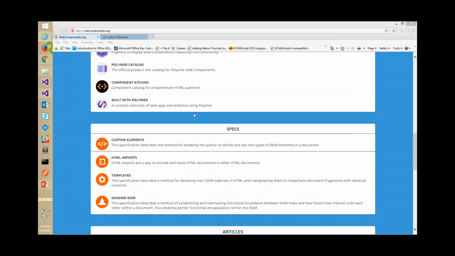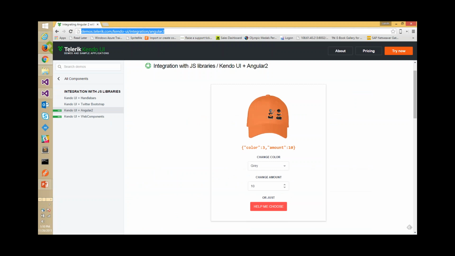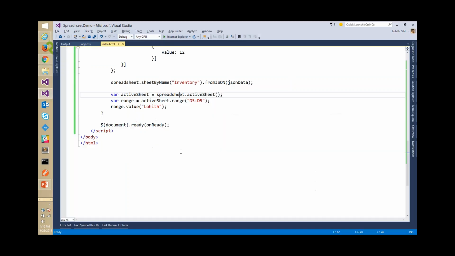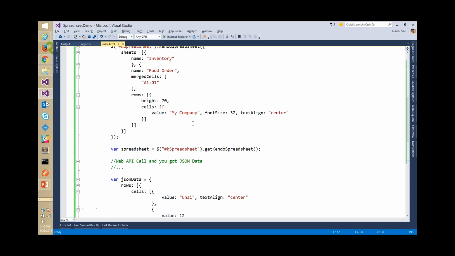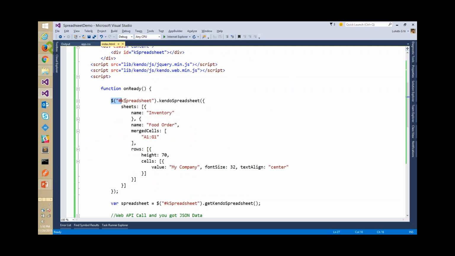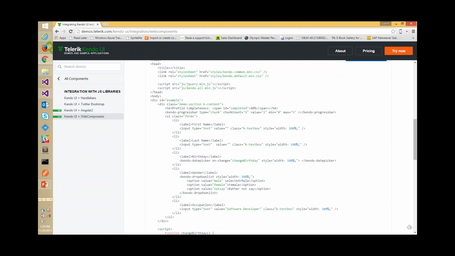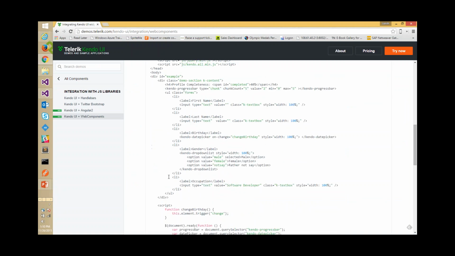So keeping that in mind, what we did was we have now enabled web component support for Kendo UI, meaning notice how we created the spreadsheet here. We had to always do this: get an element, convert that into a Kendo spreadsheet. So with web components, you do not have to do anything at all. Okay, let me show you that. So what you can do